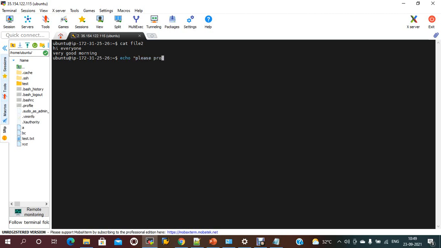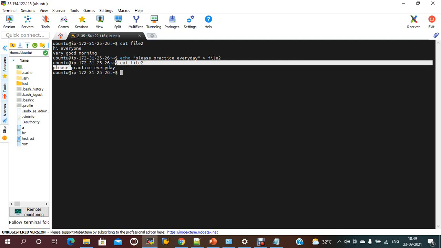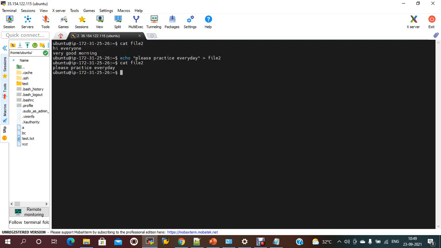If I try to insert the data into file 2, the old data will be gone, and whatever newly created data should be inserted into file 2. So if you see file 2 now, the latest data is there, and the old data has been overwritten.